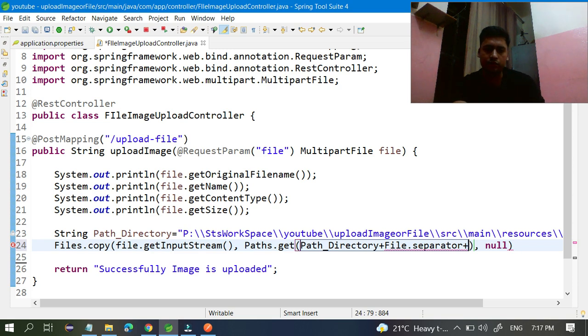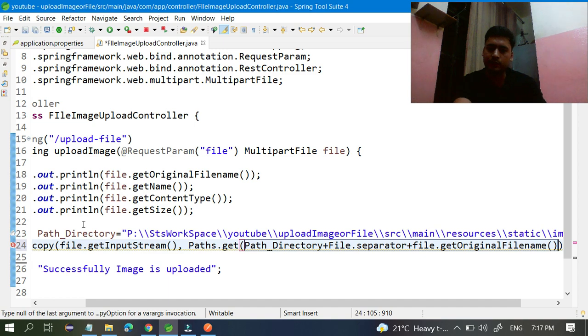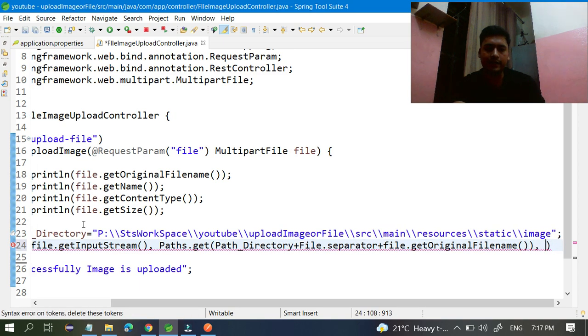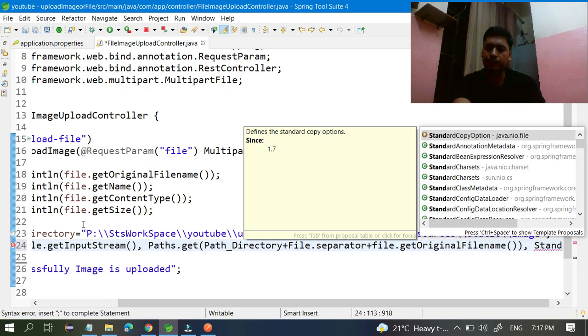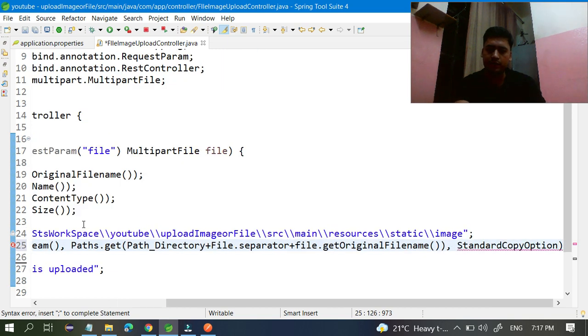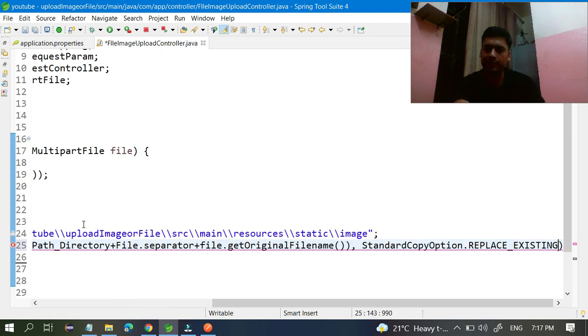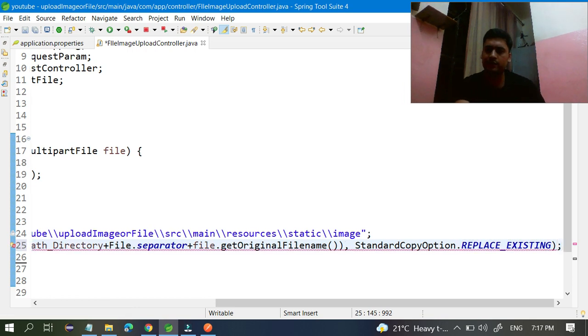Take this one, and for the next parameter you have to write StandardCopyOption dot REPLACE_EXISTING. It means if it is already available, then replace it; if it is not available, then store it. So these are the three parameters you have to take, and you store the data.